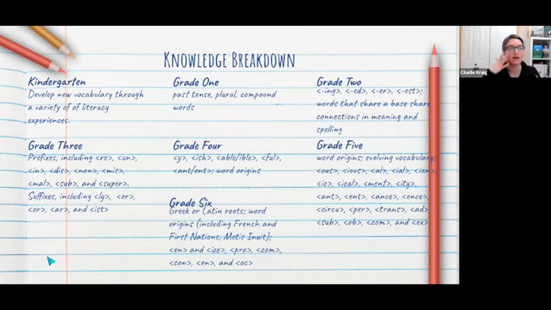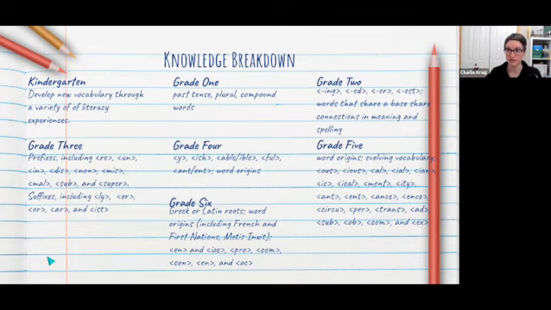I think it's amazing, and not something that we would have necessarily previously done. I know I didn't do it in my previous experiences. Now, I don't want you to look at this and go, "Oh my God, I teach grade 5 and I'm not doing any of those things." Please don't panic.